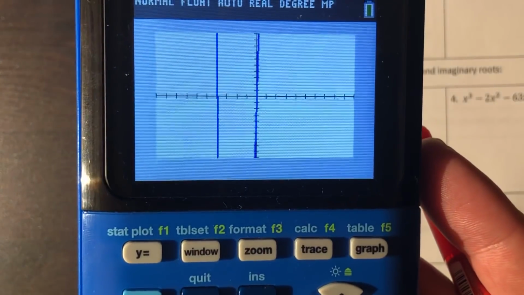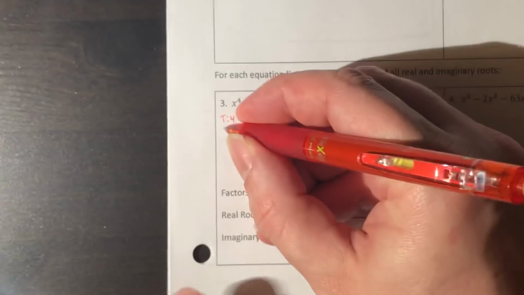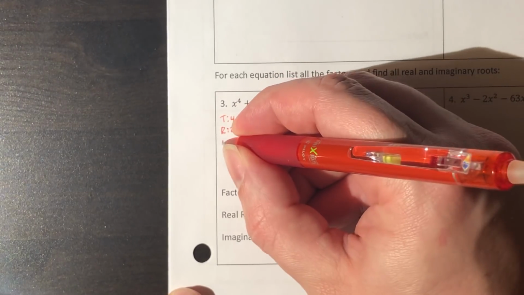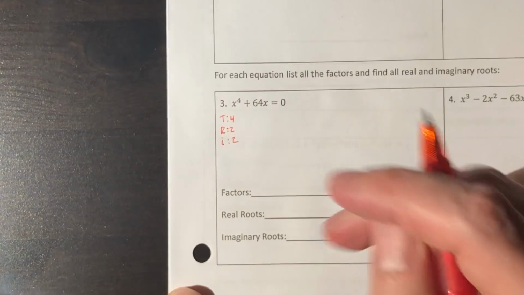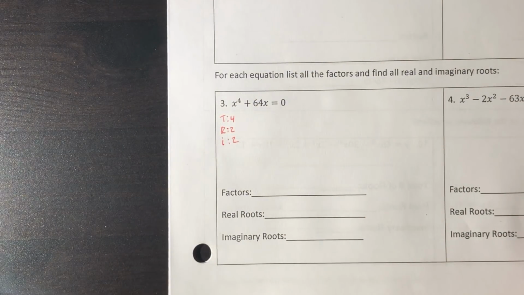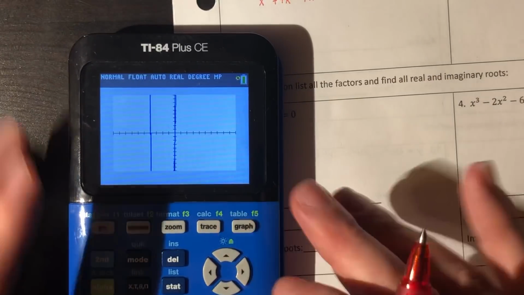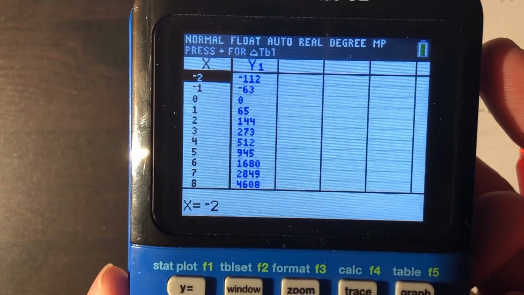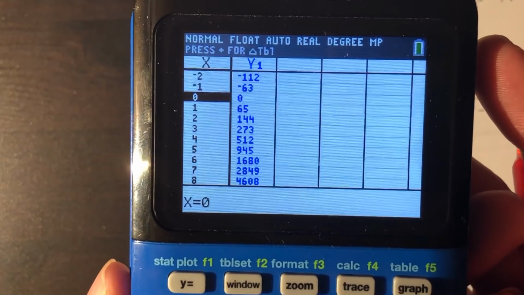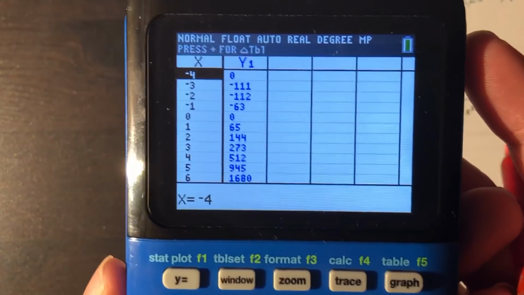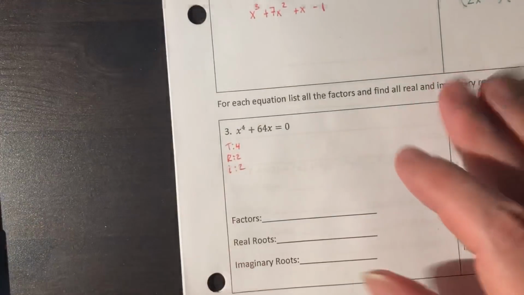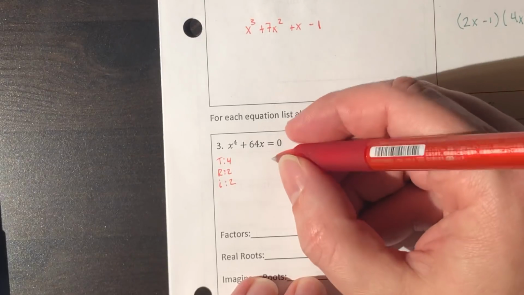I can see that it passes through twice. So 2 of them are gonna be real, meaning that 2 of them are going to be imaginary to give me up to that total. Now my real ones, I can look and I'm trying to find when y equals 0, and it happens at 0, and it also happens at -4. Those are the values that you would put into